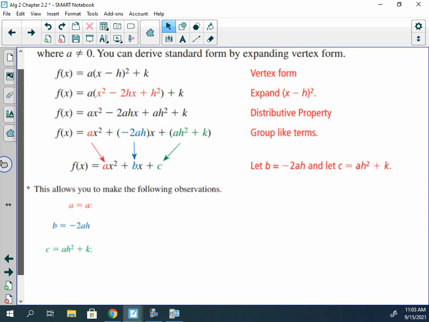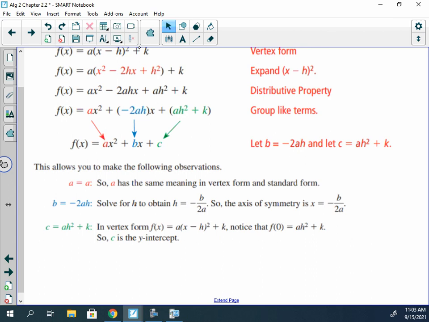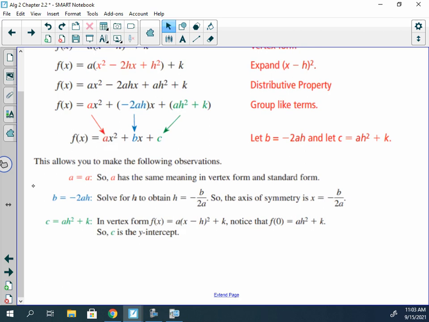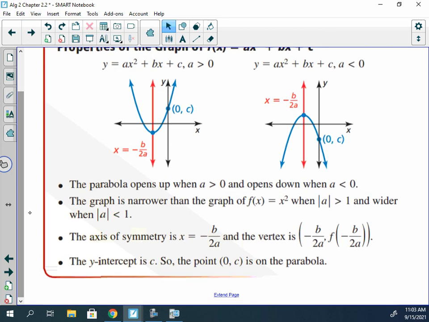Now this slide is showing us how a, h, and k all relate to a, b, and c. There is some more information here. A is the same meaning in vertex and standard form. B is the same as -2ah, and we can solve for h. And C is the y-intercept. But really, if we look at this here, and I did provide this on the next page of your note sheet,